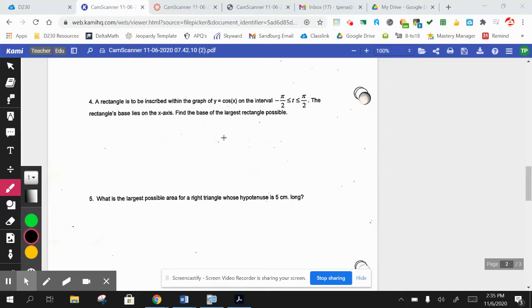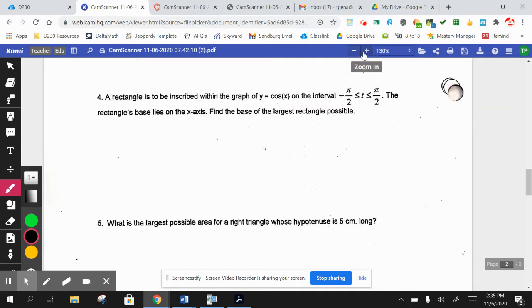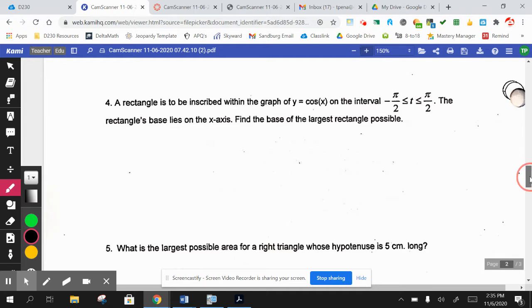Okay, so the first three did not record like I wanted them to, so we're just going to start at 4. Most of us should have this anyway, or the first 3 we should have. So number 4 actually would have been very similar to number 3,